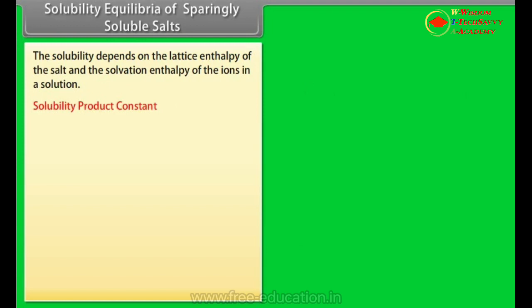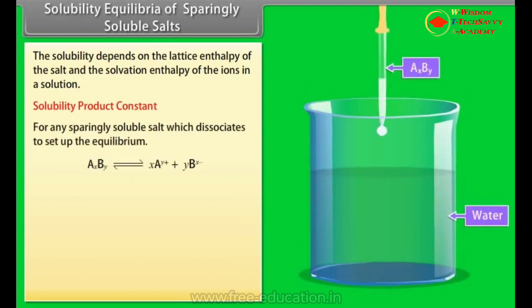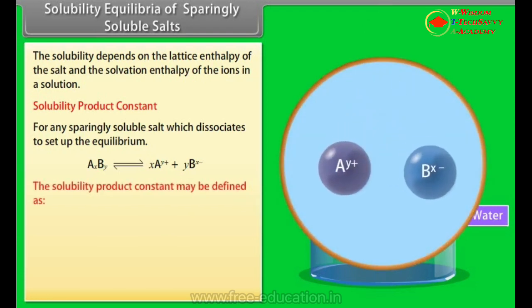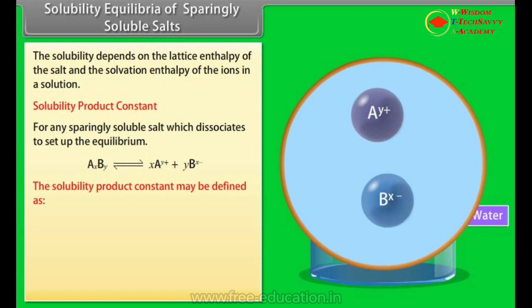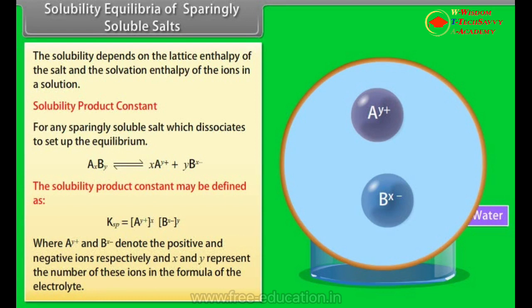Solubility product constant. For any sparingly soluble salt which dissociates to set up the equilibrium, the solubility product constant may be defined as Ksp = [A^y+]^x [B^x-]^y, where A^y+ and B^x- denote the positive and negative ions respectively, and x and y represent the number of these ions in the